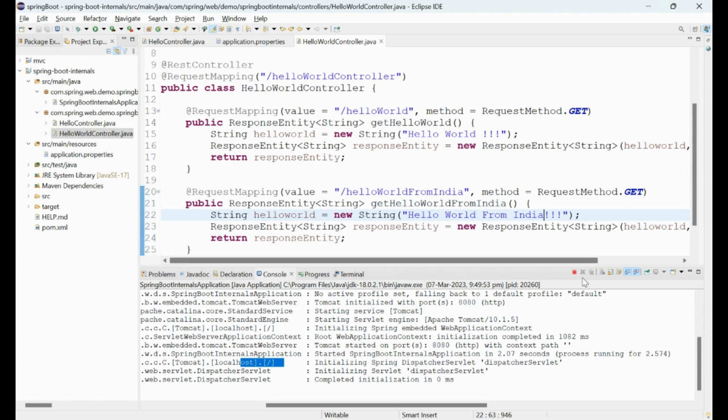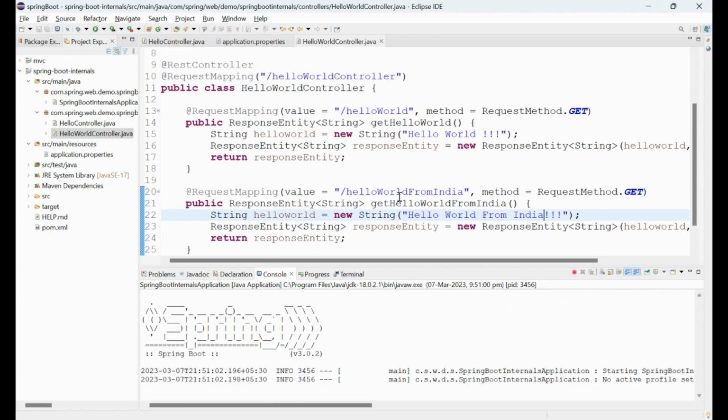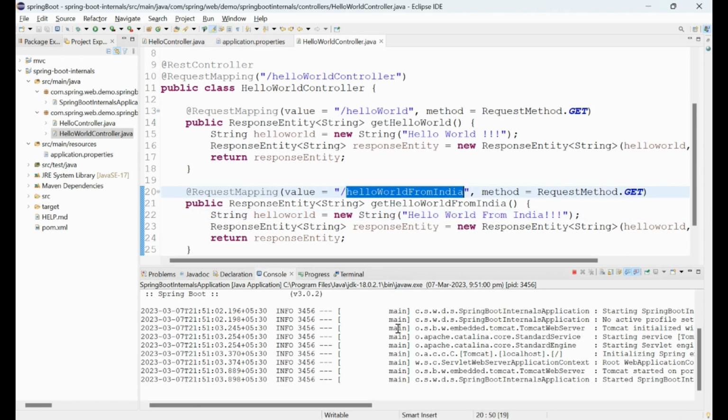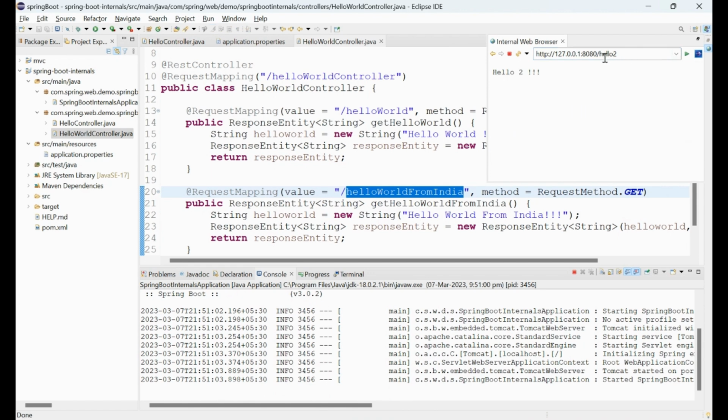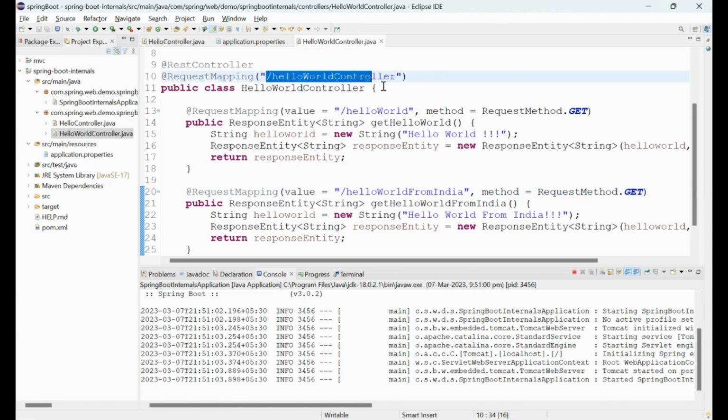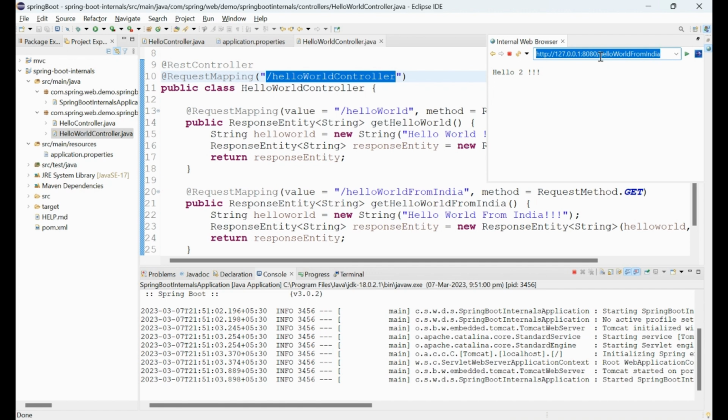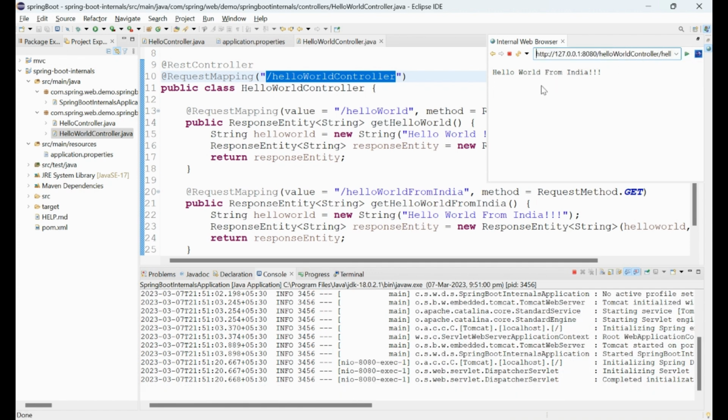Let's just reuse the same variable. We need the controller path as well additionally. Right, hello world from India is behind the hello world controller, so we are able to invoke it. And if we just move out the